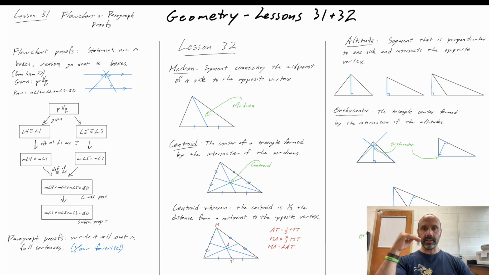Altitudes, perpendicular to each side and through the opposite vertex. And they together form the orthocenter. Ortho means right. If you think like orthodoxy, that means right teaching. Orthopedics, the right arrangement of the bones in the feet and all that kind of thing. So ortho meaning right angles. So you've got altitudes, they are at right angles to the sides. So the altitudes form the